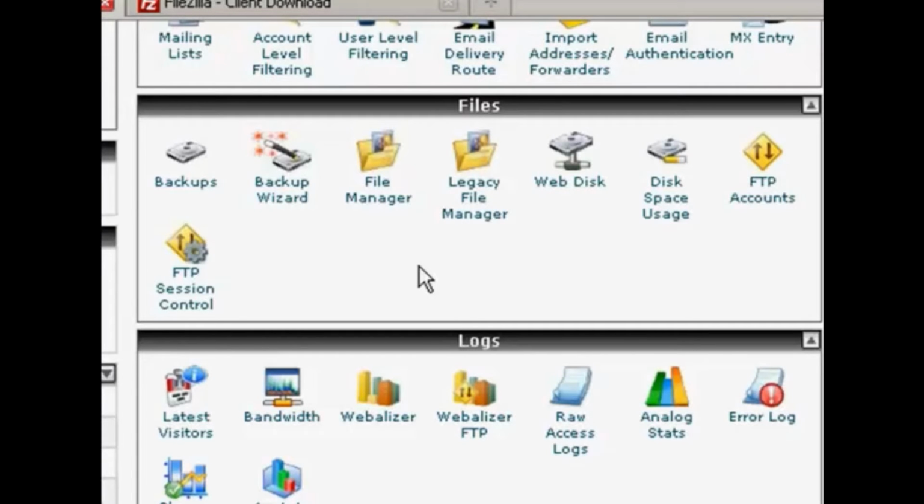In this video, I'm going to show you how to upload files via FTP. There are two ways that you can do this effectively. One is by using the file manager setting in cPanel, which you'll find here in the files area. That can be a bit clunky, so what I like to do is to use a third-party FTP client. And the one that I like to use is this one,